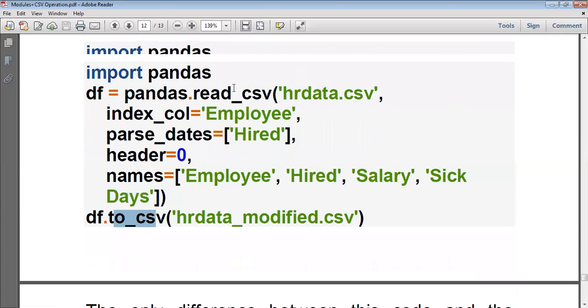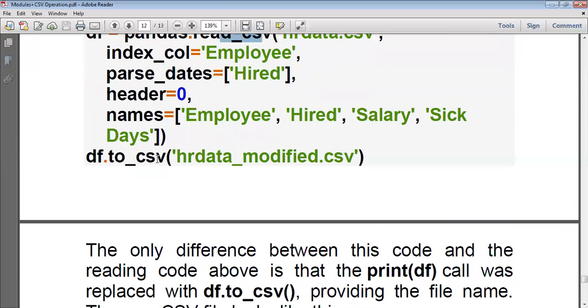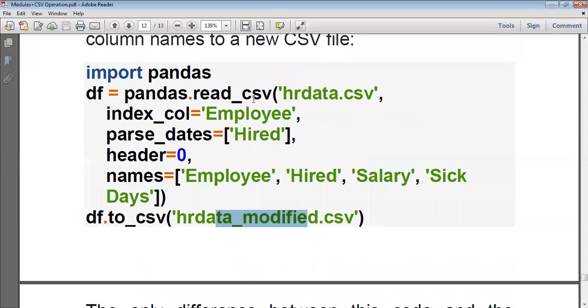So read_csv is used for reading the content from the CSV file, and to_csv is for writing the content into the CSV file. So I am going to write the content of the data frame with all these modifications into the CSV file, which is named hr_data_modified.